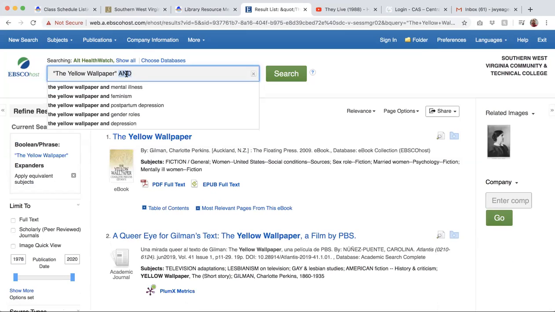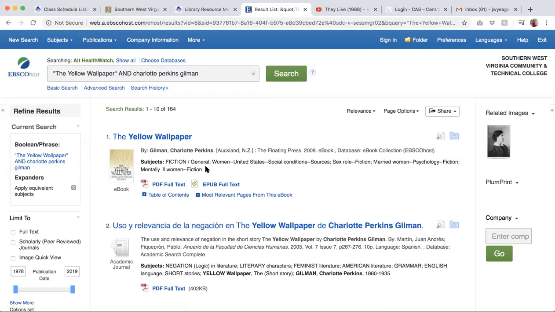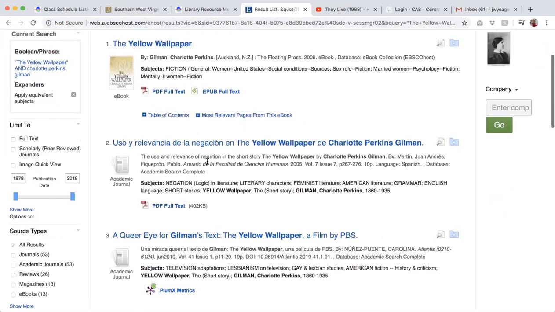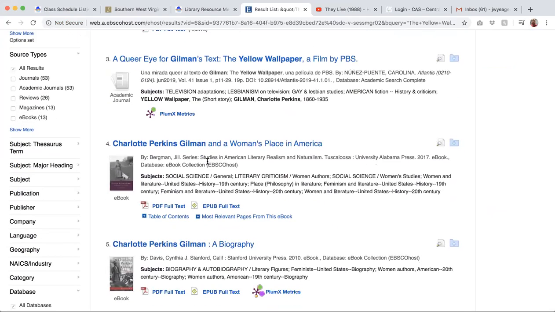Okay, that's how the library database tells that you're searching for two terms. Now we're finding plenty of stuff about this.